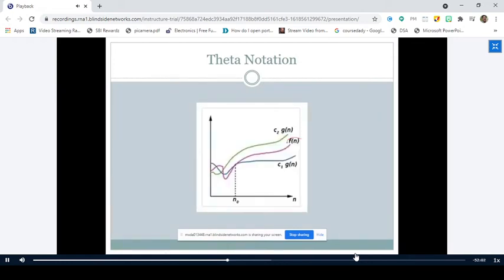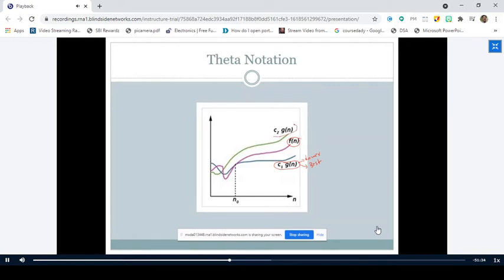So here we have f of n, and here it represents, what is this one? Is it lower bound or upper bound? Lower bound, sir. C1 into g of n is lower bound. What case is it? Is it best case or worst case? Best case, sir. Right. Lower means best case.